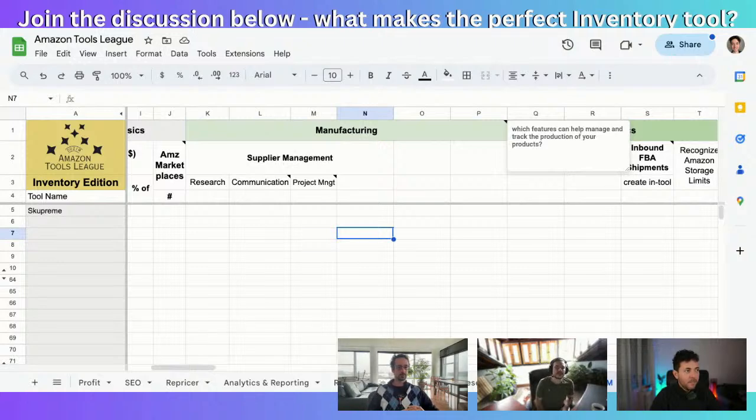Eli, wouldn't you say like 8 out of 10 people that we speak to on a daily basis would say to us, "We're running out of stock. We're running heavy advertising campaigns, and we're running out of stock." That's the common issue that we're seeing across the board, and what we're fixing right now